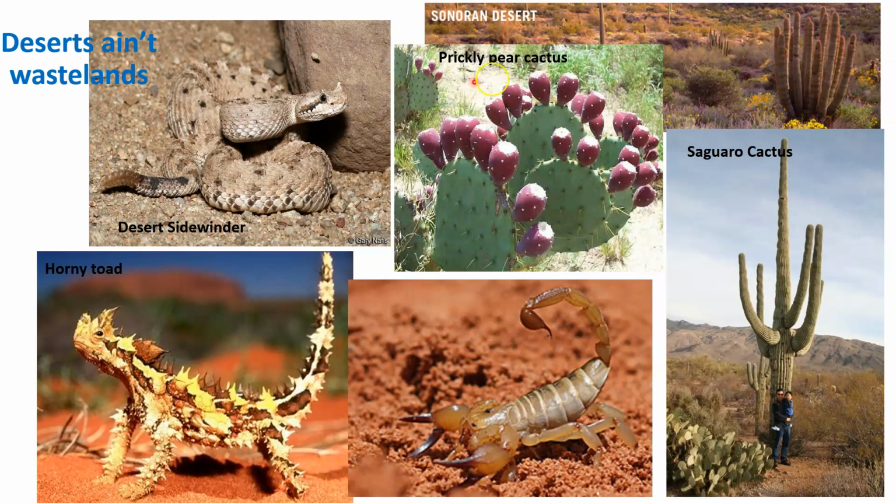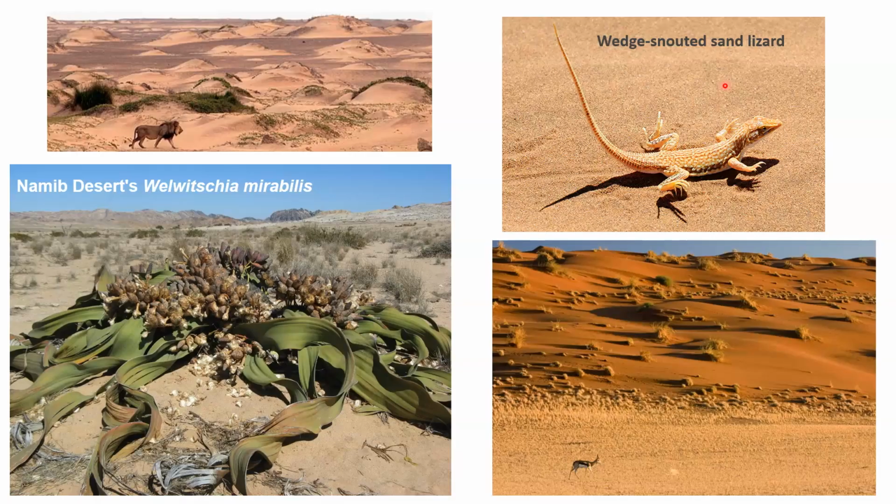In terms of desert environments, the Sonoran Desert in southwestern United States or southwestern North America is one of the most diversity-rich deserts. There are about 200 species of animals currently recorded from the Sonoran Desert. So in this figure, I'm also going over several other important animal life found in desert environments. On the top figure, you are looking at the Namib Desert, located in Namibia. It's a country located in southwestern Africa.